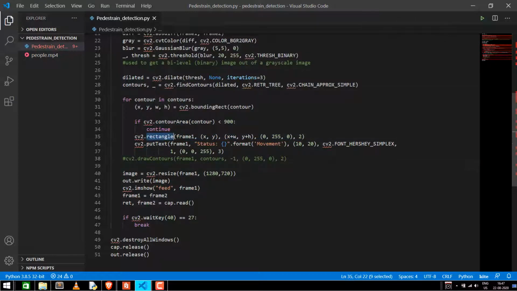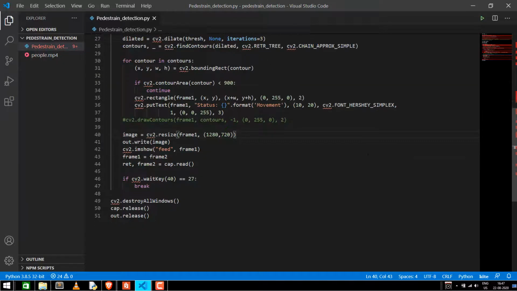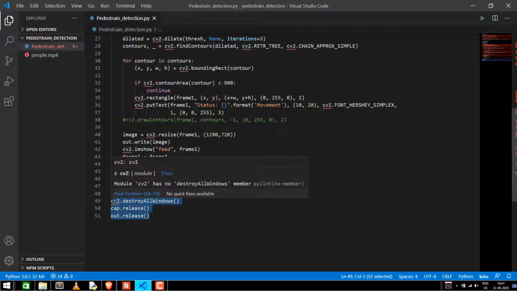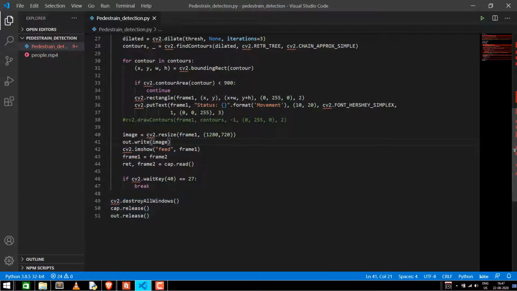After that we are putting the text of status movement, which you will see in the output video. After that we resize the frame, write that image into an output file, and then we see the output feed, and then we release and destroy all the windows until enter is pressed.